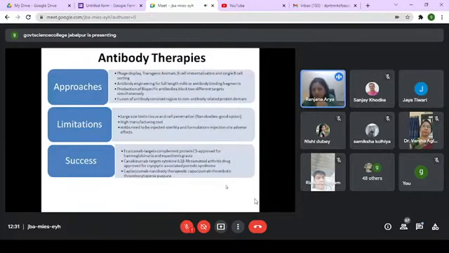So all these examples indicate that you have antibody therapies available for certain rare disorders which can be addressed. The only problem here is the limitations: the large size of antibodies can limit the tissue and cell penetration, and that is why the recent work is on nanobodies, which can be considered a good option. The second is that because we are going to make these antibodies in mammalian cells most of the time, there is a high manufacturing cost.